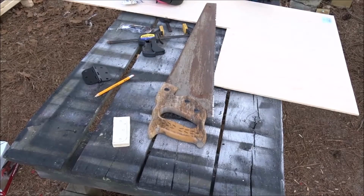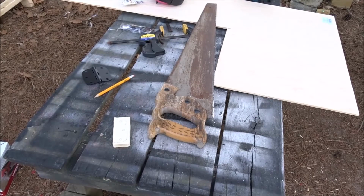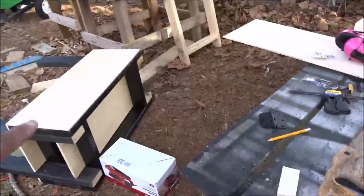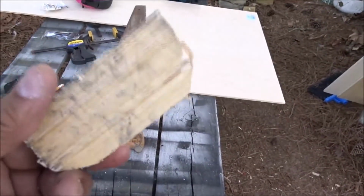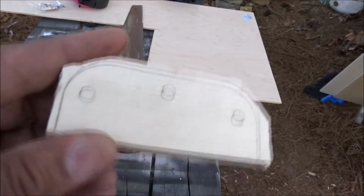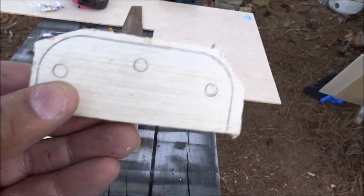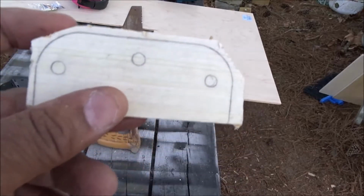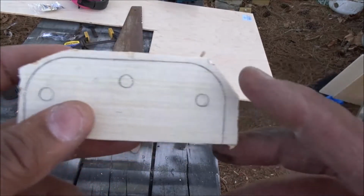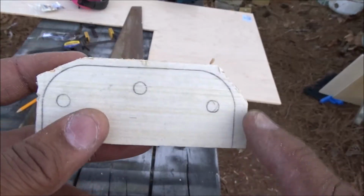One design change after another. So the way I have to do the hinges there, got the drop down door cut. I need a piece of scrap wood to do a spacer. And my scroll saw has crapped out. It doesn't work anymore. So I'm using my hand saw,